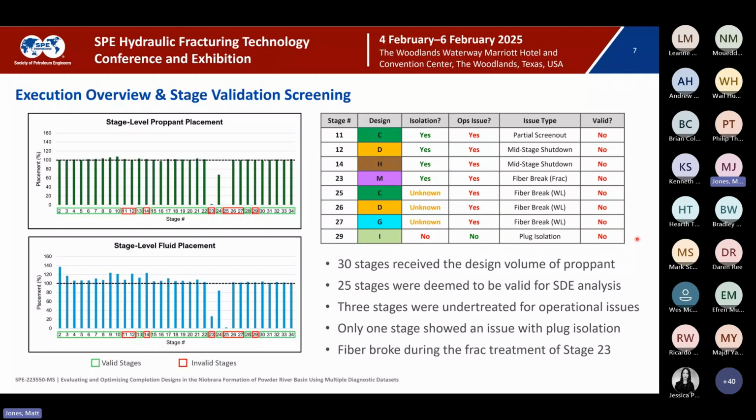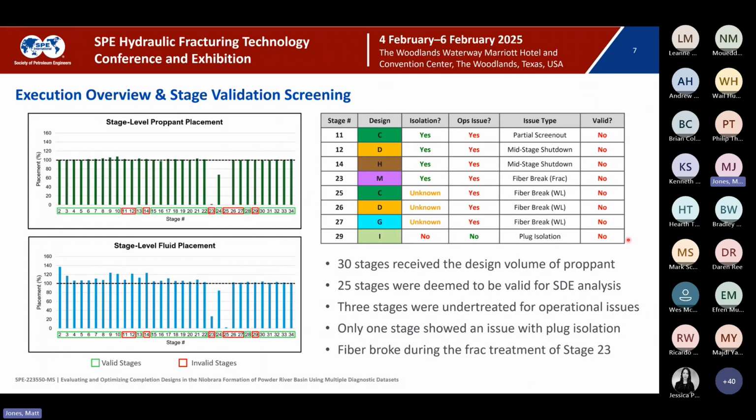This table in the top right shows the stages that were deemed to be invalid. It's a mix of different issues. We have partial screenouts, mid-stage shutdowns, which I showed you on the previous slide, and fiber optic cable breaks: stage 23 during frac, and 25, 26, and 27 during wireline. We also had one stage that showed a meaningful level of communication between stages, likely the culprit being poor